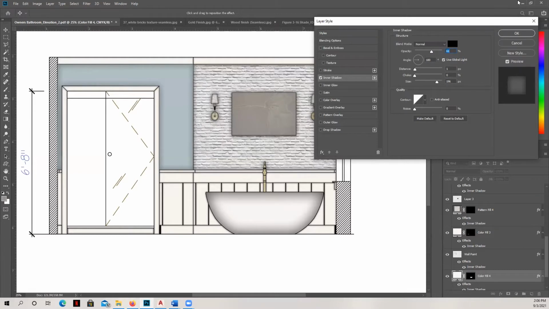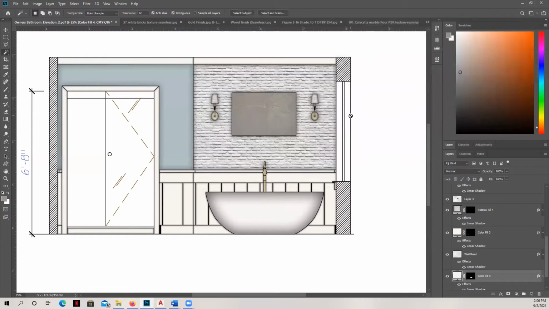And so it's just a really subtle technique, but one that does add a nice effect to it. Okay, so the other thing that I'm going to teach you how to do is to add just a really basic picture frame. Now, I've created this piece of art.